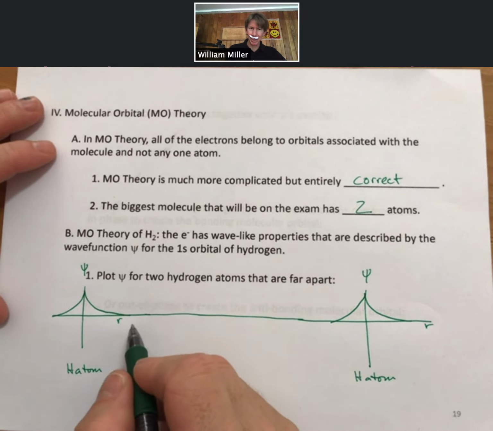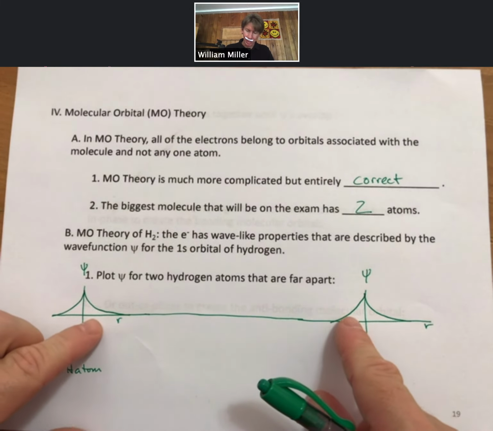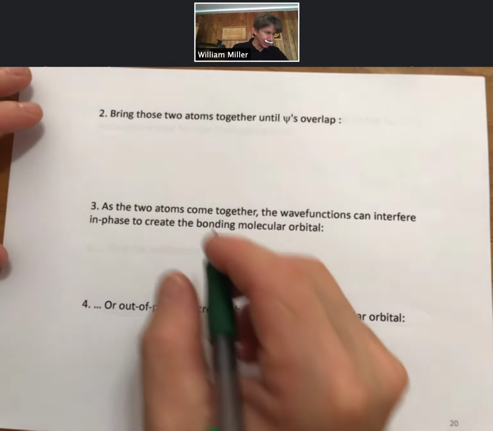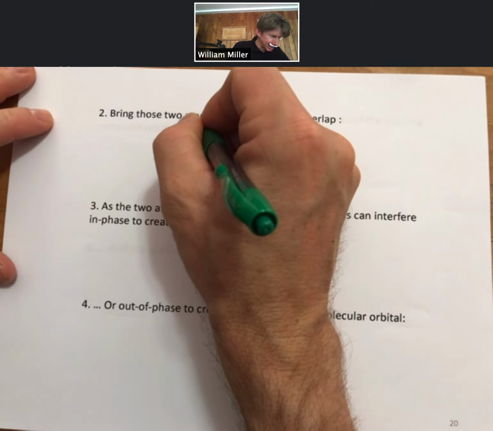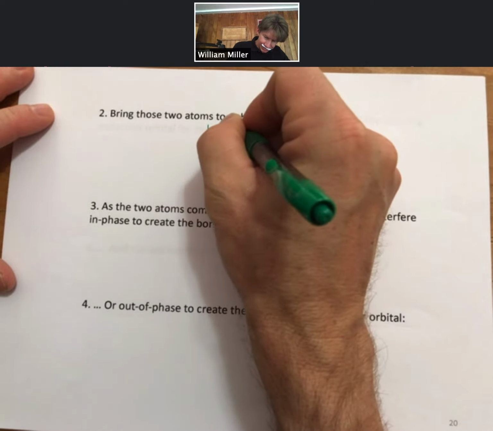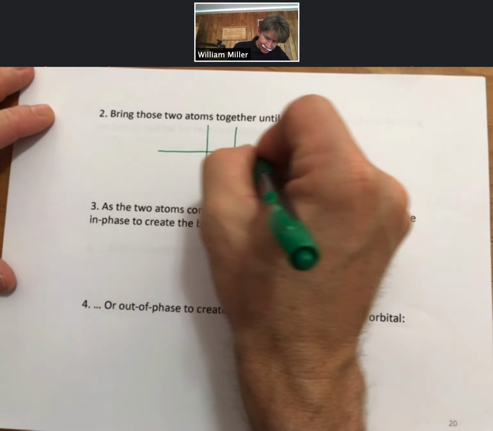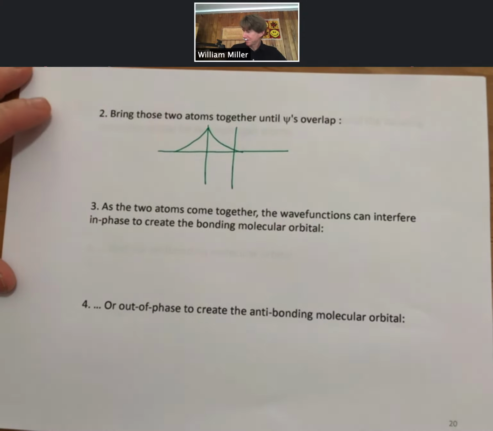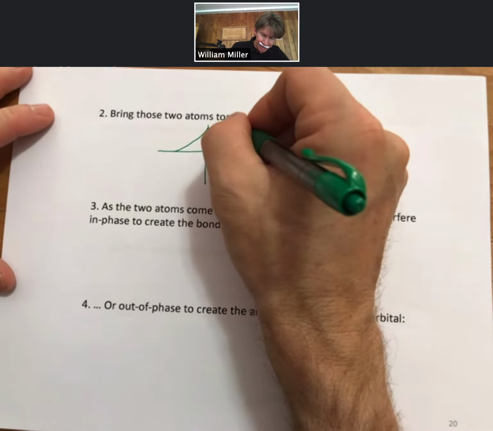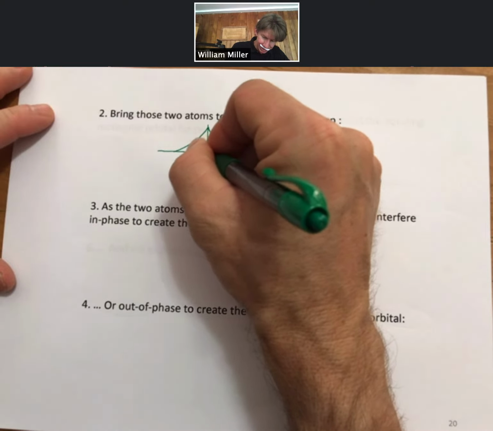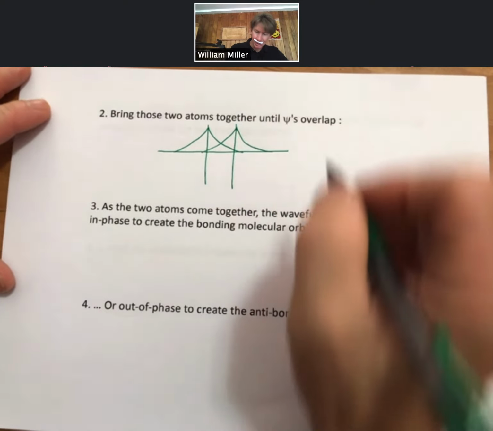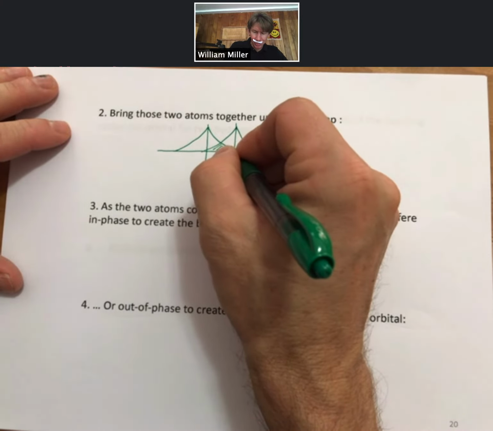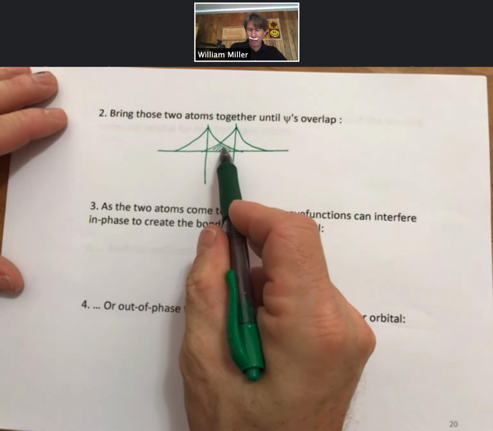Now what we're going to do is bring these 2 together and allow these 2 to overlap. And what that's going to look like is something like this. I'm going to keep to the same color here because we'll switch to other colors. And what you can see is that there's an overlapping region. And so where they overlap,